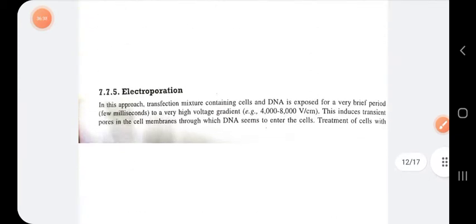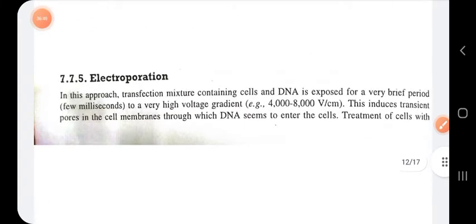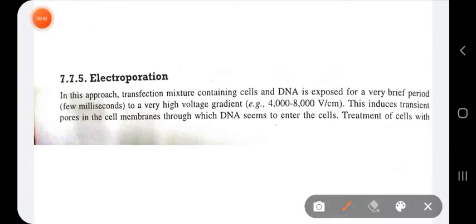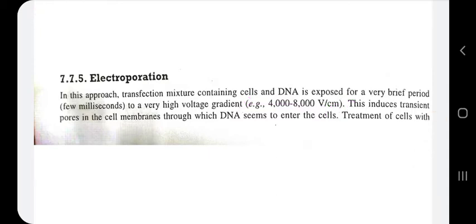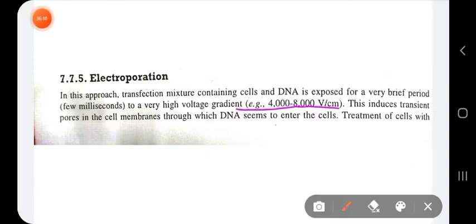Well, I have said about the electroporation before, but here a little more detail has been mentioned. Always note how much voltage is applied: 4000 to 8000 V per centimeter, for a few milliseconds. We are keeping the cells,